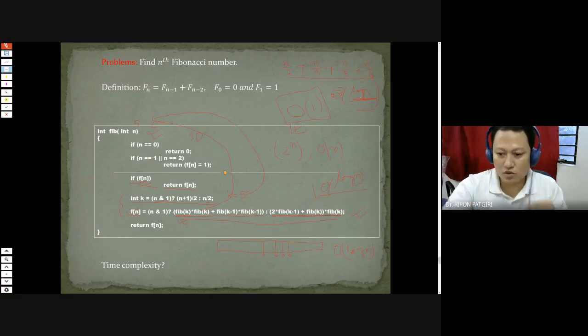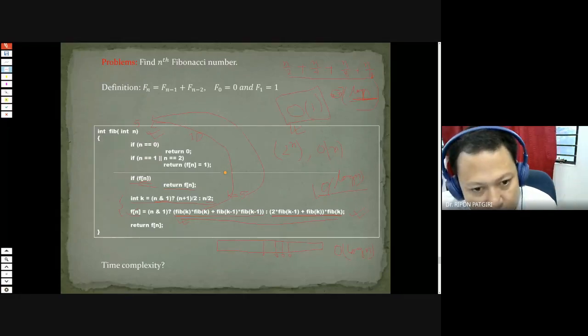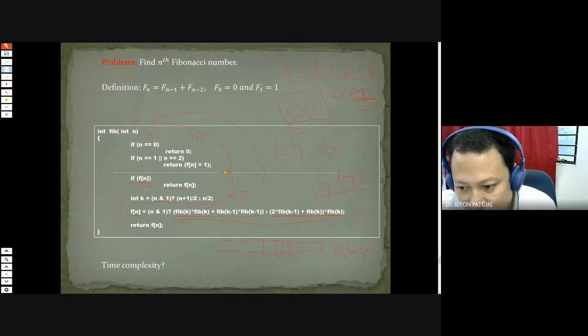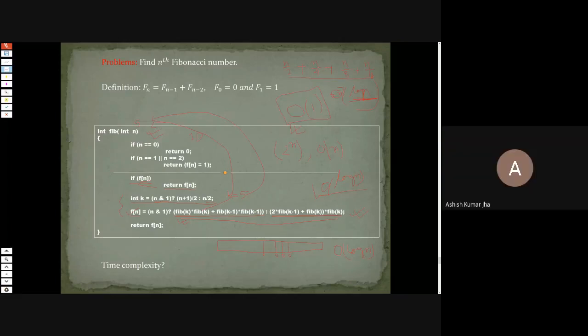Okay. You call from here, right? 5 minus 1, 4, 4, and 4. You compute the call here, then it will make a 3, right? Yes, sir. 3, 3, 3, 3. So try it yourself. Okay.